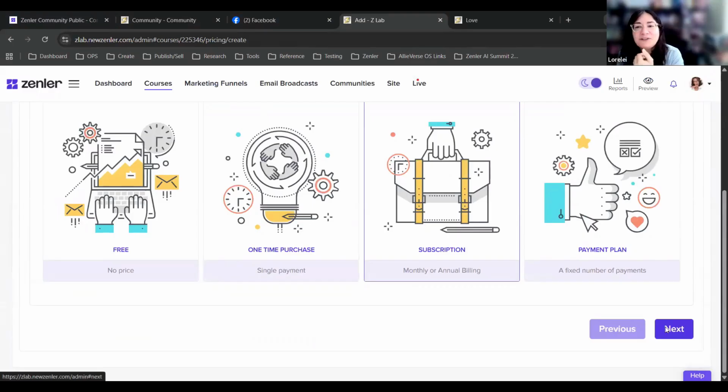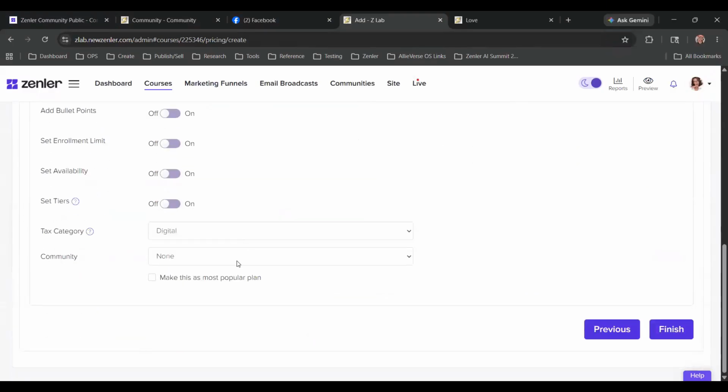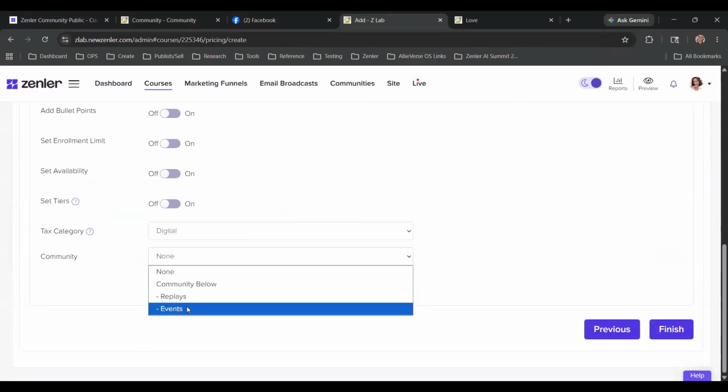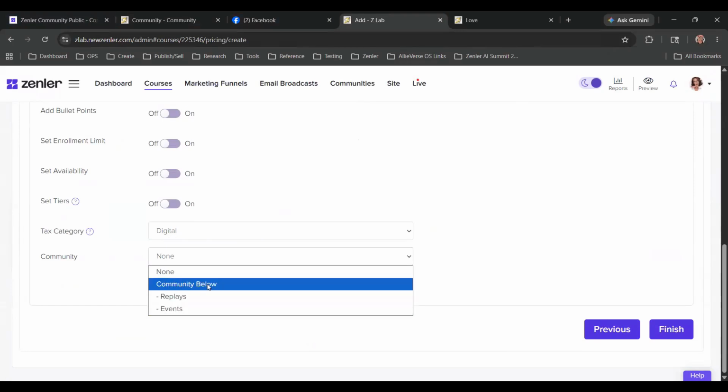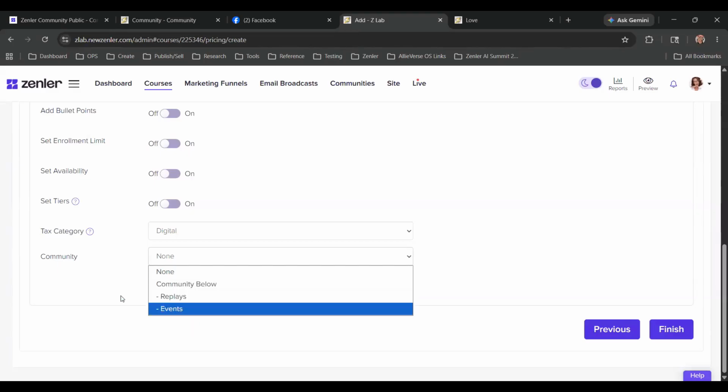Now see, this one has the events or replays communities. Oh, here's the other thing. That's the thing that's magical. Do you see how this says community below? That's the category. This is the replays.